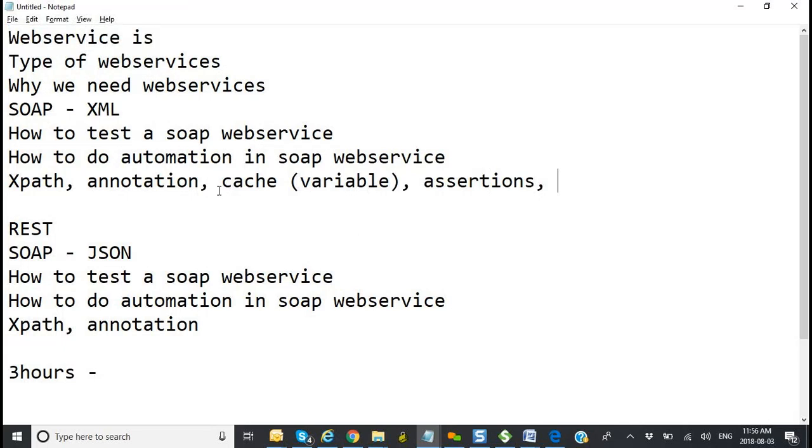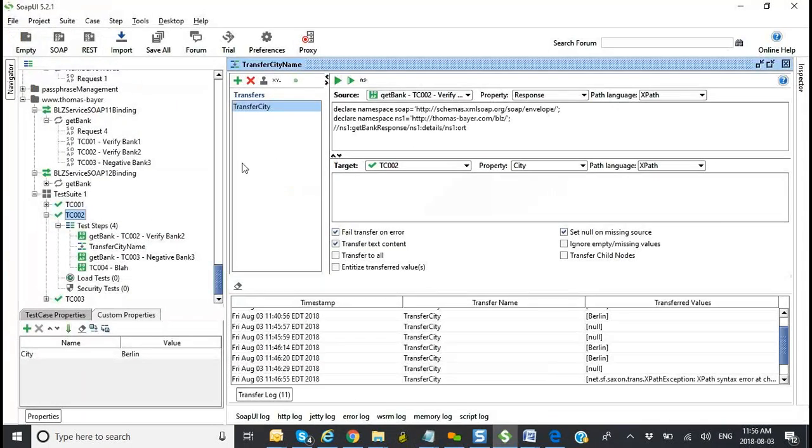Now you know how to do that. XPath, yeah. So I've given you pretty much, I think, enough to make you do well on the job interview. Now for REST, very quickly because of time, the only difference in REST is that it's a lot easier to create